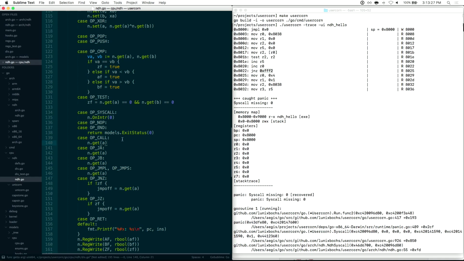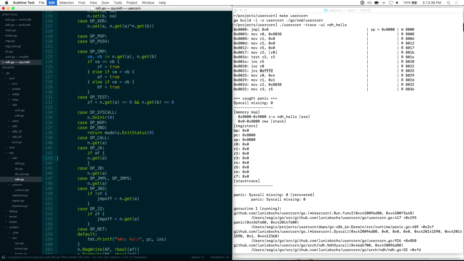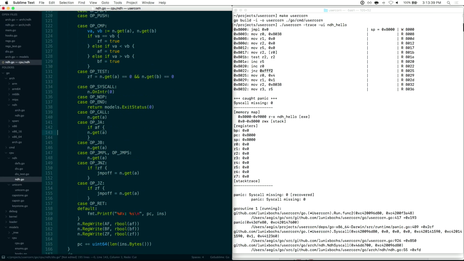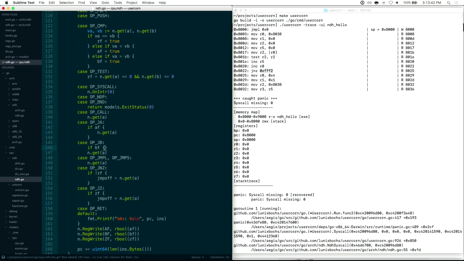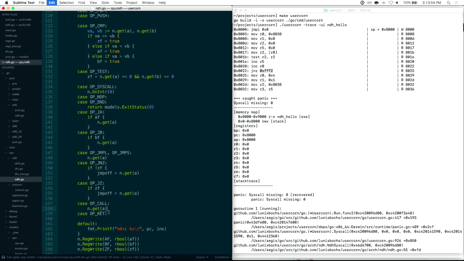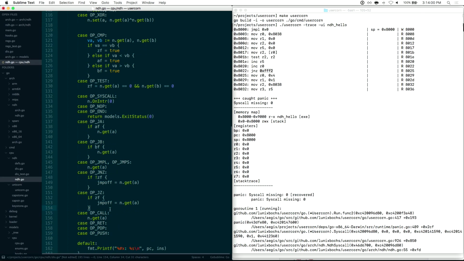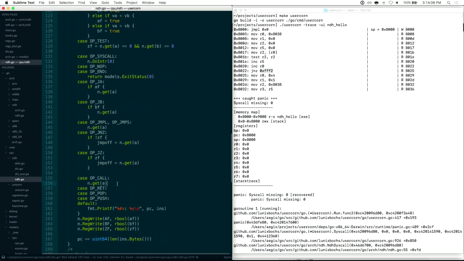Call is another push. JA is if AF. JB is if BF. L and S are unconditional. Ret is another stack, so call and ret are going to go next to each other. And push and pop are going to go down there too. So